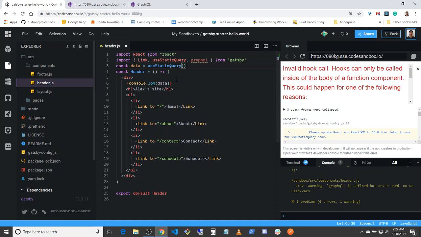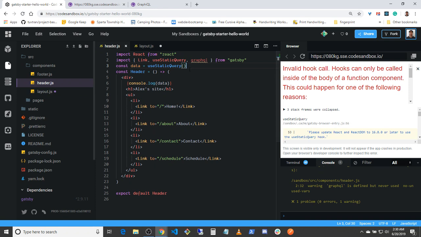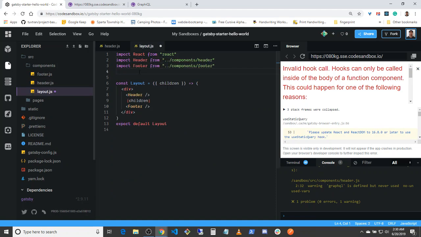It still thinks it's a hook. A little confused here. Maybe we need to try it somewhere else. Well, I don't know why that would make a difference. Let's get it out of here. Let's just try something different because I'm kind of at a little bit of a loss. What if we say, alright, so I said we have to do